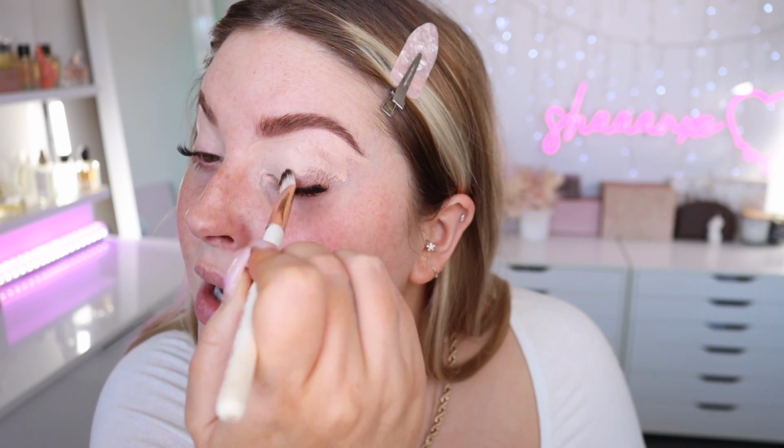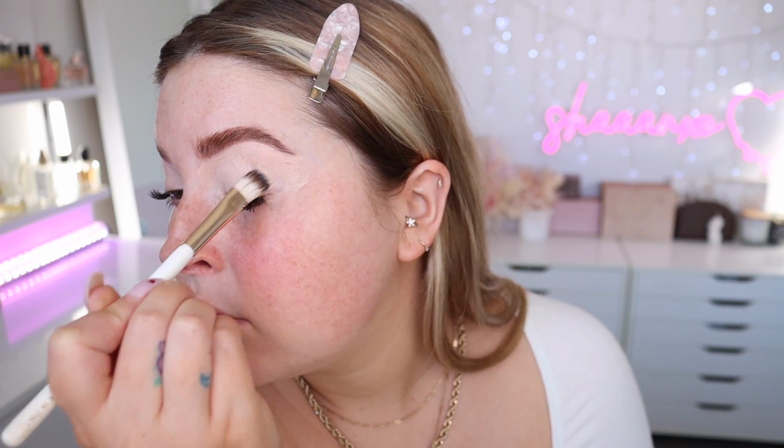Using it to carve out my brows as well. I just love this color so much. I kind of want to incorporate it somewhere in my eye makeup, so I might start with this Ibiza Acid Rain P. Louise paint thing, and I'm actually going to use it with a lip brush by XO Beauty, and I'm just going to kind of map out my shape,